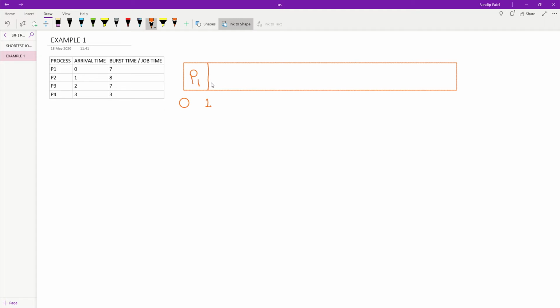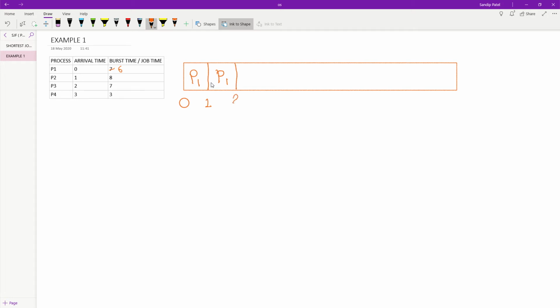So at 1 millisecond, P1 will have completed 1 millisecond, and we will track its execution. The remaining is 6 millisecond. At 1 millisecond the CPU will come and check for any process in the ready queue. It is P2, right? We will check its burst time, that's 8, and compare. The algorithm will compare these two job timings. Which one is less? That's 6, which is of P1. So we will continue with P1 again. We will not swap out P1.